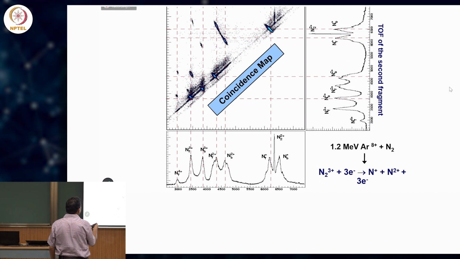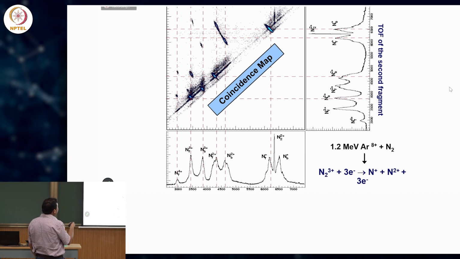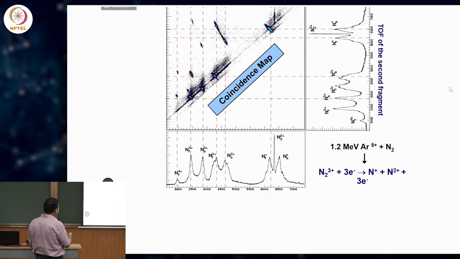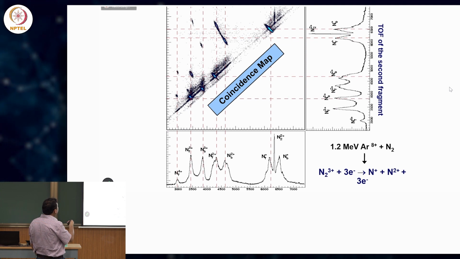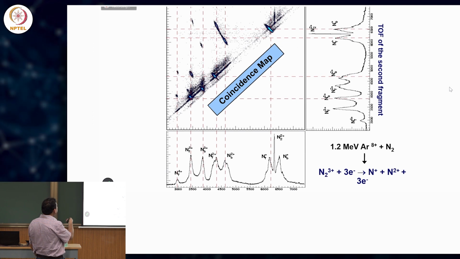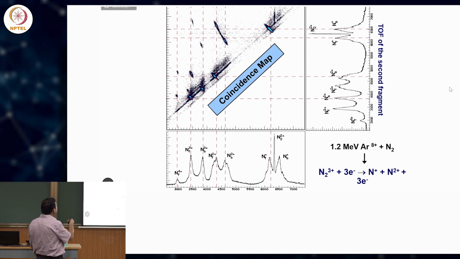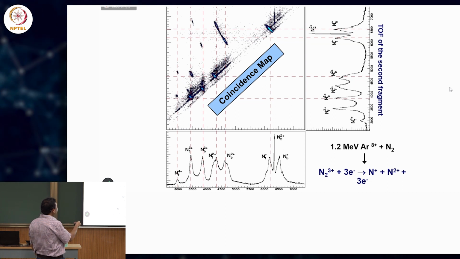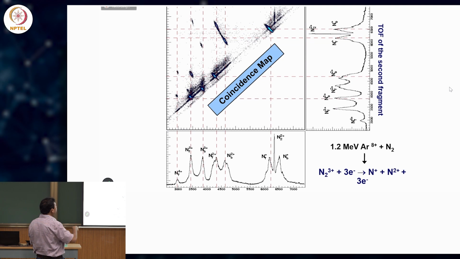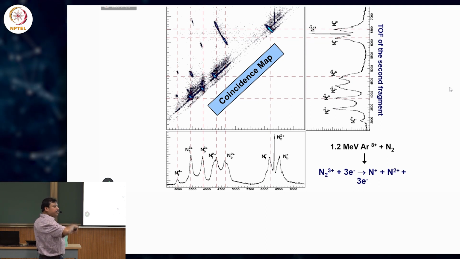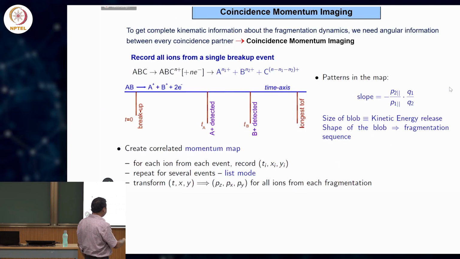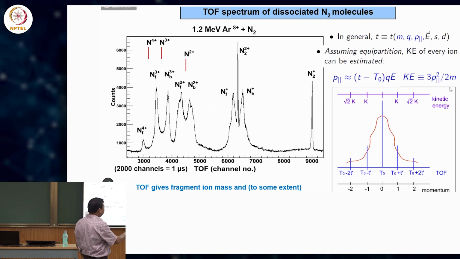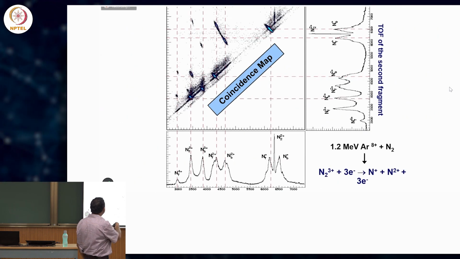So you see here, if you have a nitrogen forward and backward, there is an island. If you have nitrogen 2 plus, first hit, with second hit of nitrogen plus, you have this island, and then for nitrogen 3 plus with nitrogen plus, you have these islands. So in the time of flight, you do have these kind of edges where you can fit a kinetic energy release distribution, and this is almost immediately visible in a coincidence